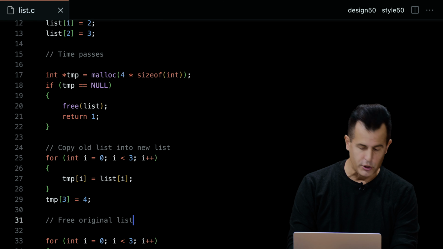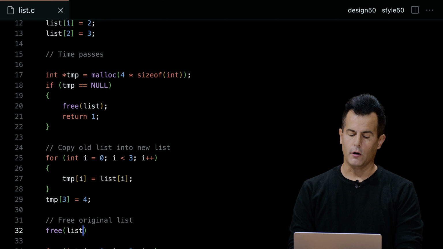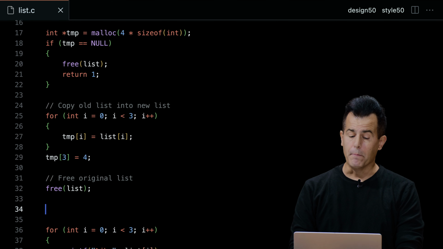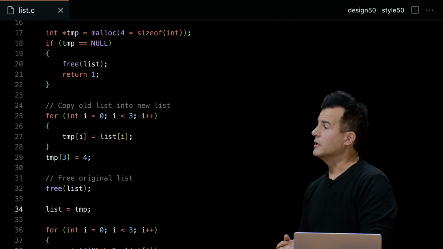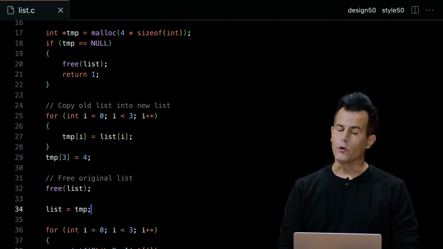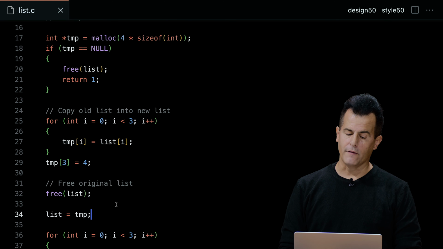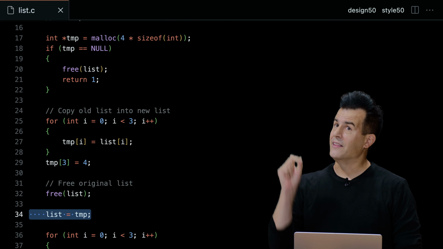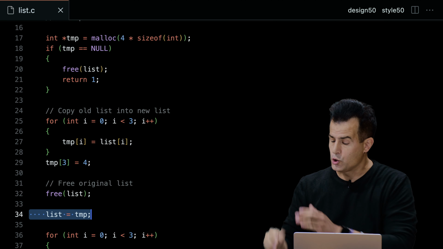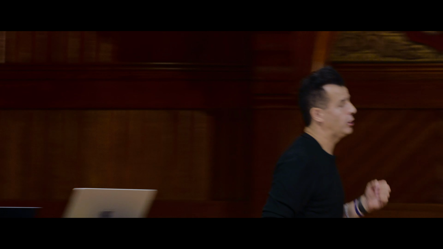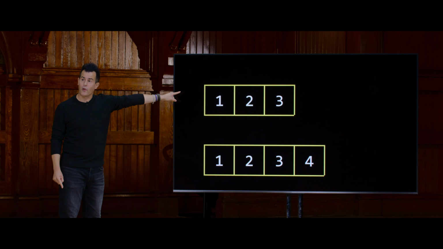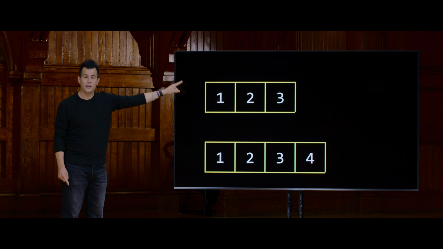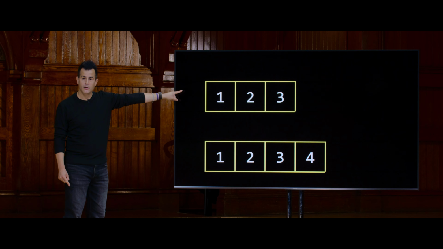However, what I think we're going to want to do first, after freeing the original list, is remember that the new list is effectively that which we allocated the second time around. So even though this program's getting a little long, notice that what I've just done is I've said, OK, store in the list variable the address of this new chunk of memory, so that list now, with a foam finger, is effectively pointing here instead of up here. But before that, I made sure to free what my finger was pointing at originally, the list pointer.